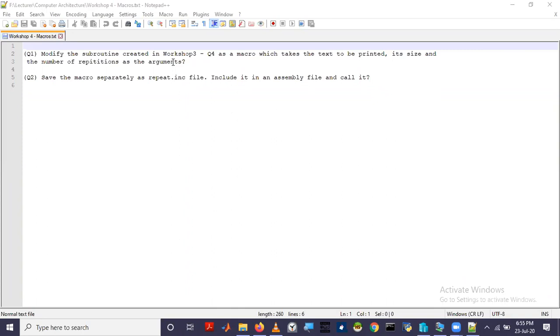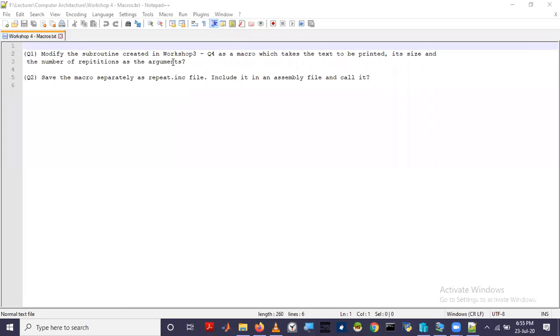That means if you want to print hello 5 times and world 10 times, that means another word 10 times. For example, world, hello 5 times and world 10 times. So you have to create a subroutine for print hello 5 times. Then you have to create another subroutine to print world 10 times. So that is kind of a nuisance. That means repetitive coding will be there. The coding will be difficult to read and implement.